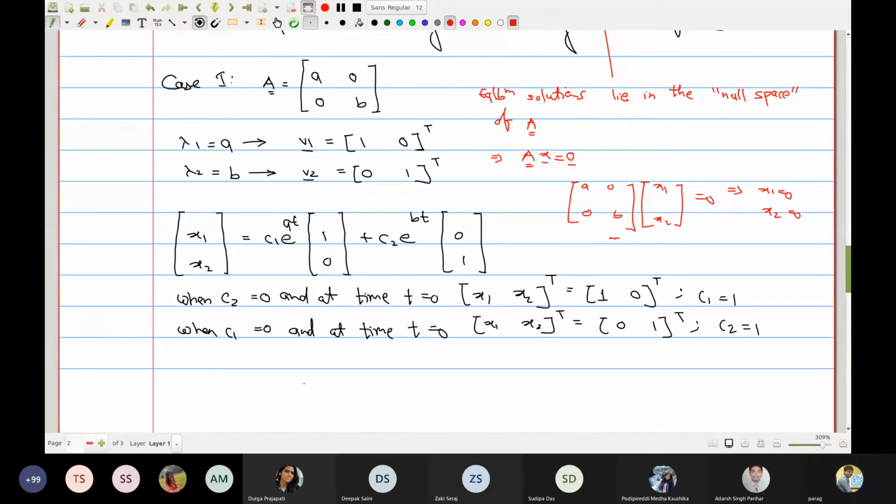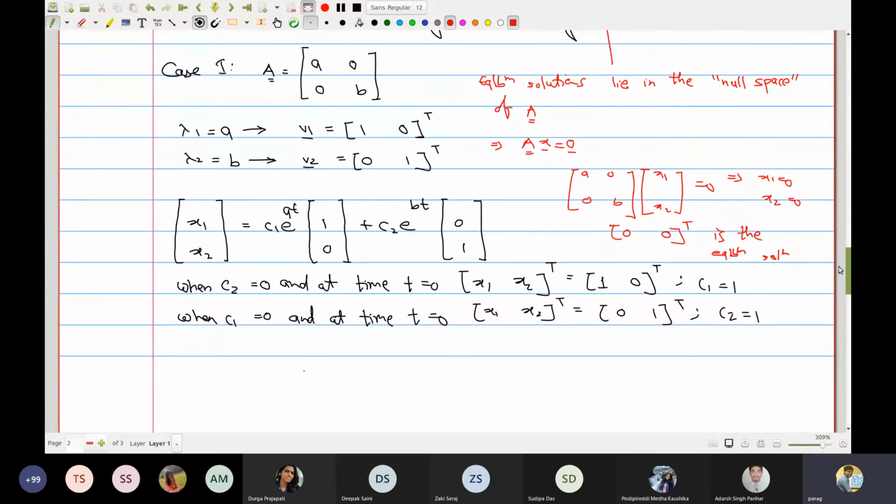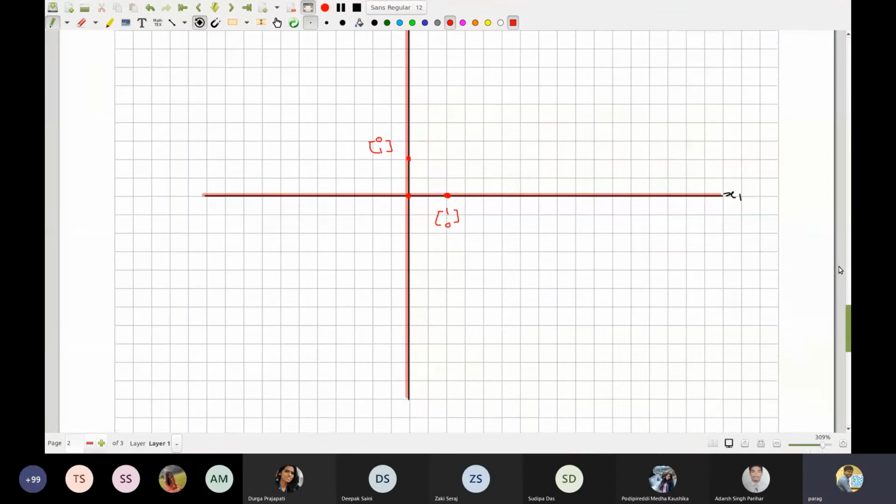Which means (0, 0) transpose is the equilibrium solution. Okay, so in this phase portrait, my (0, 0) point is the equilibrium solution,